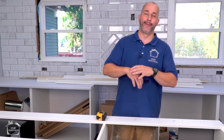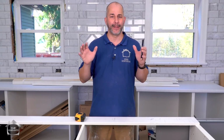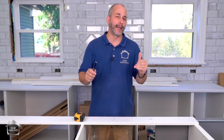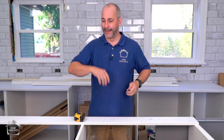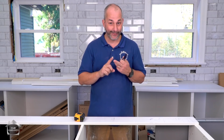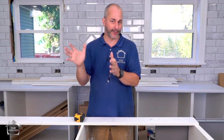So there's the basics of design. We got lighting, we got counters, we've talked all that stuff. Now we got to deal with your mechanical, because the mechanical needs of an island are very specific, and there's a lot of code issues going on here. So you need to understand your limitations in your house for your mechanical situations as well, because you're going to be adding potentially a lot of electrical circuits. First, you got to check your panel. Do you have enough room for that? Maybe, maybe not. You might have to hire an electrician to add onto your panel to provide you additional circuits,